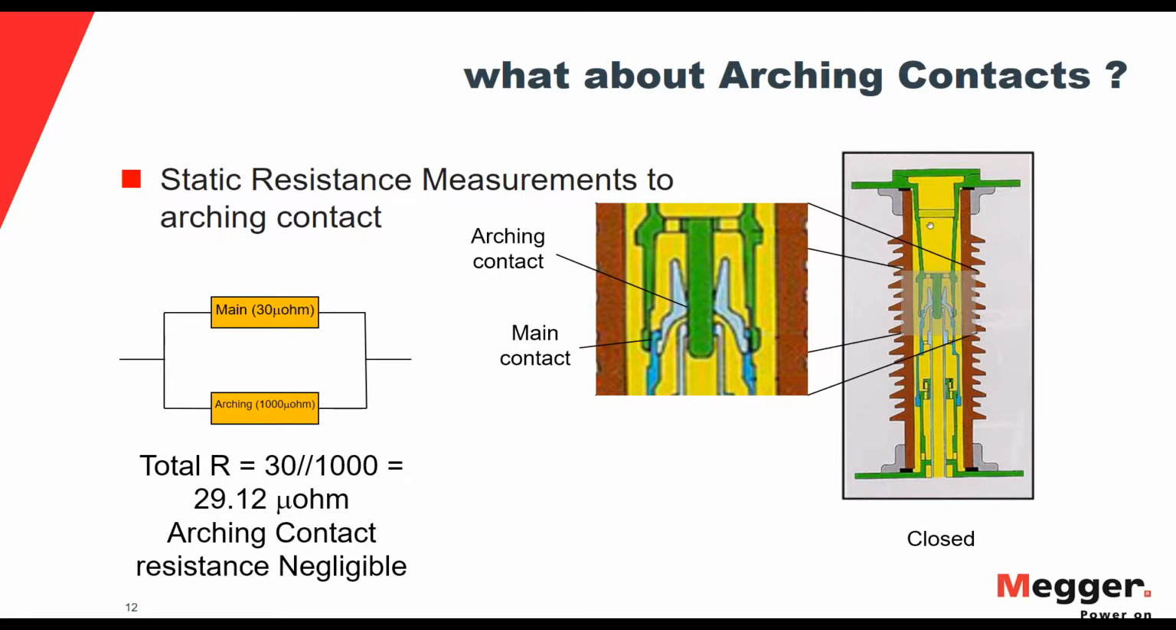So if you do the math, for example, you have a 30 micro ohm main contact and 1000 micro ohm, which is 1 milli ohm, arcing contact, and you take the parallel of them, you will get a value equal to 29.12 micro ohm, which is almost like 30 micro ohm. It's like a negligible resistance value. I cannot really measure it very